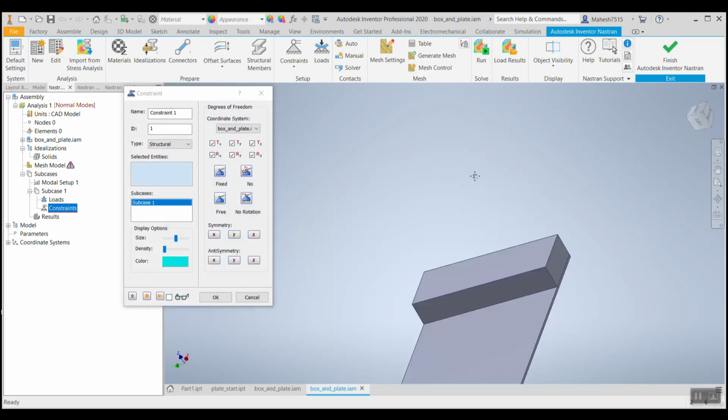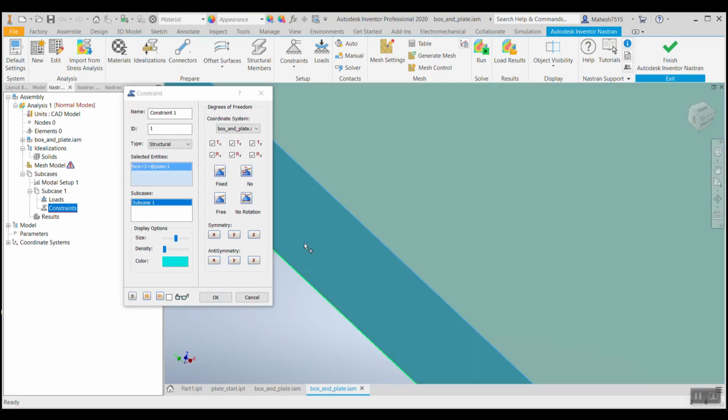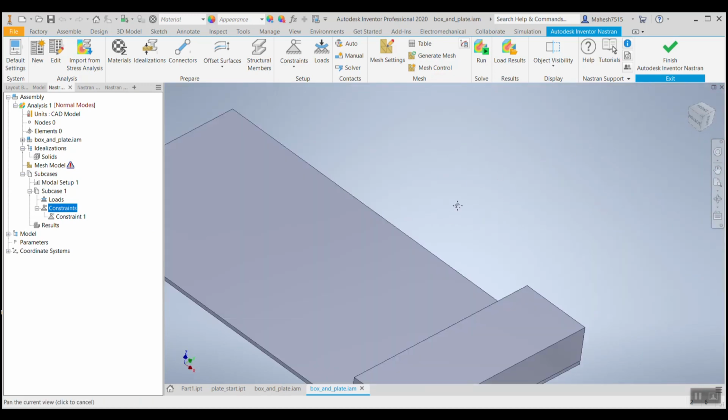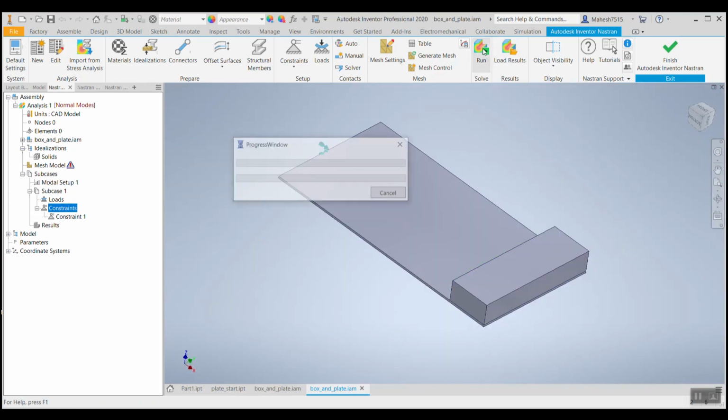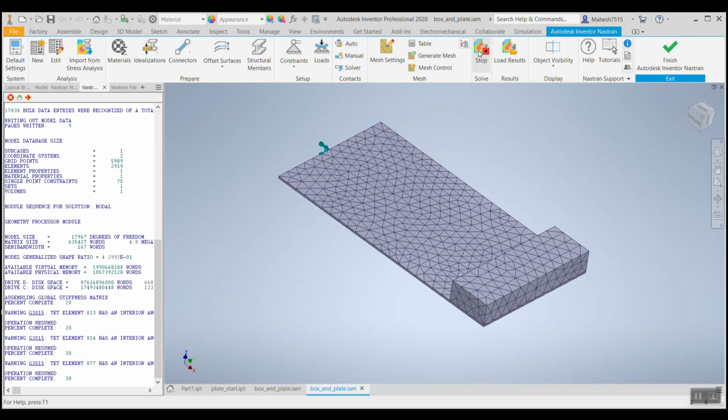So we'll fix the same area. We'll quickly run the solver and mesh together. Say okay.